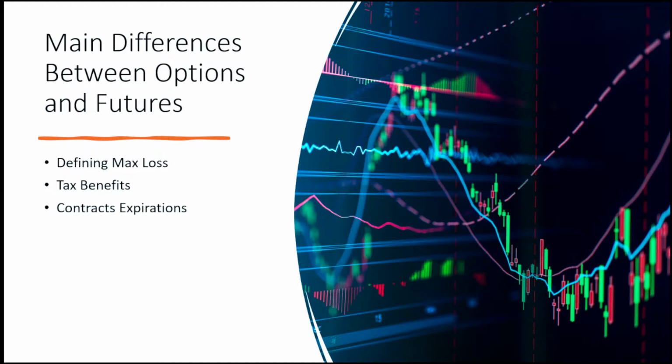Let's see, contract expiration. This is something you need to keep in mind. Yes, options have an expiration, but it is different from a futures contract expiration. On options, let's say you have a 0 DTE contract that expires today, 12/1. If your contract expires at market close on 12/1, it could still have value. If you're in the money, you're going to have value. Obviously, it's not very smart to hold to expiration because you can get a really terrible spread, but you will still have value in your contract.